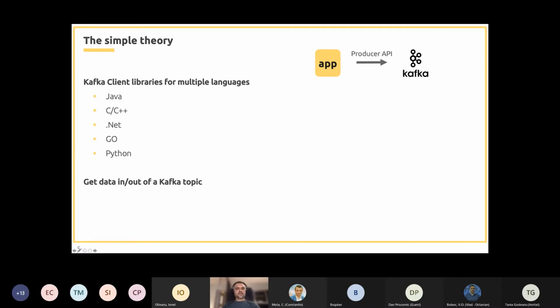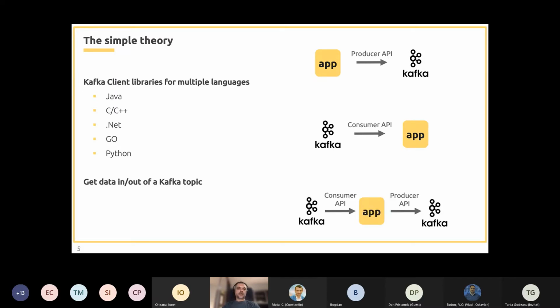We can, for example, use our application to produce messages in Kafka using the Kafka Producer API, or we can use the Consumer API to consume messages from Kafka, or we can use both the consumer and producer APIs to read and produce messages in Kafka.